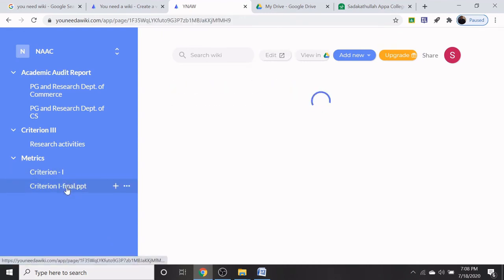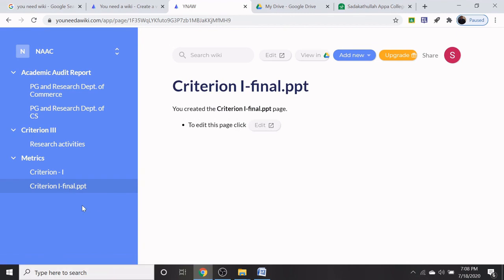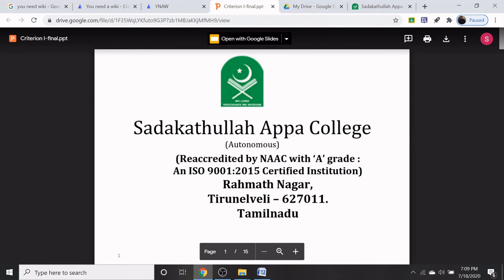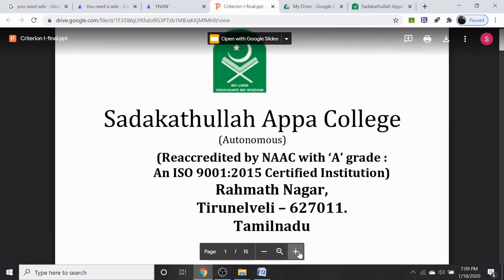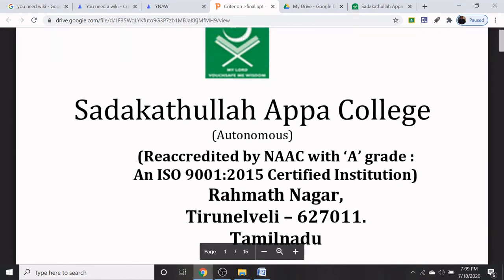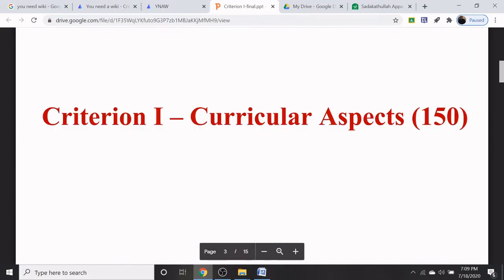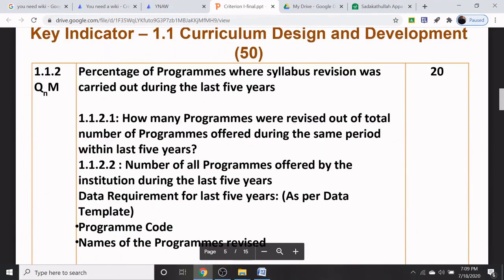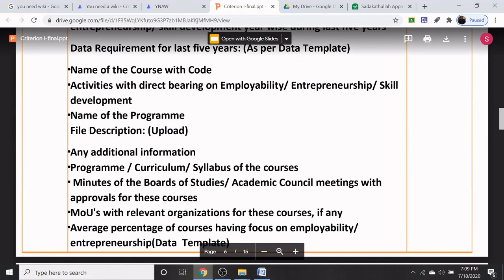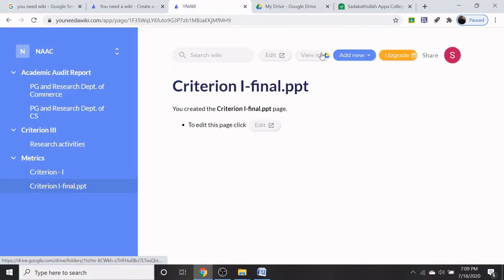See here, if I click on this, I can see the wiki PPT of the criterion 1. So you can see the PPT exported from Google Drive. Now close the PPT.